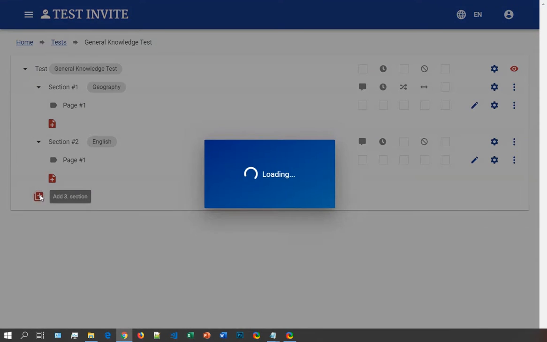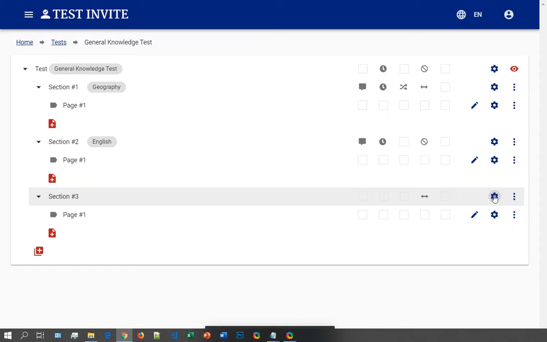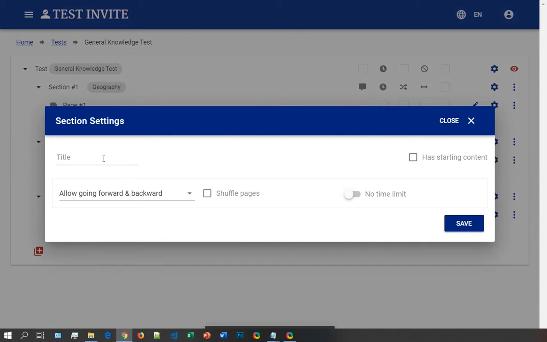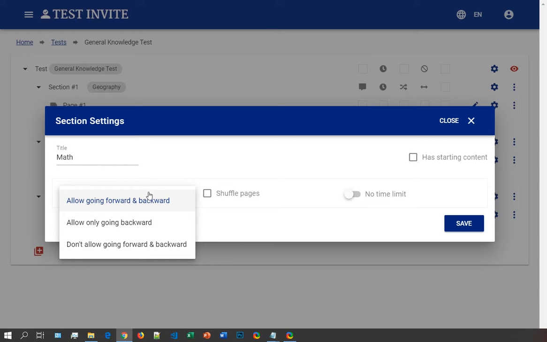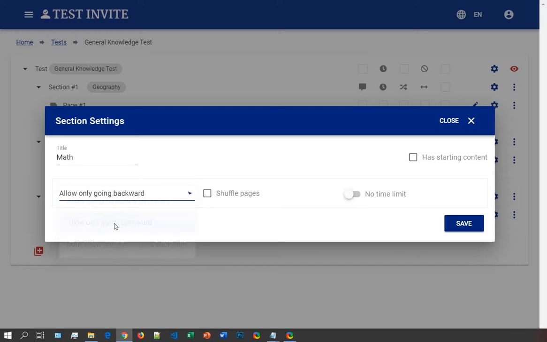Let's add the third section now. Similarly, I edit the settings and I give the section a name, and this will be math. And for this section, I want to allow the user to go back, but I don't want to allow the user to jump forward. So I select only allow going backward, which means that when you start the math section,